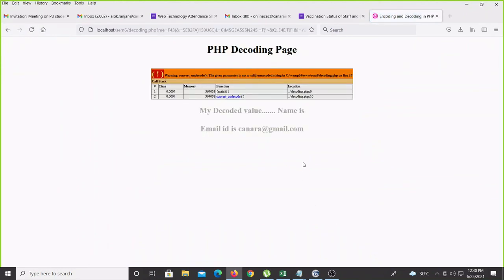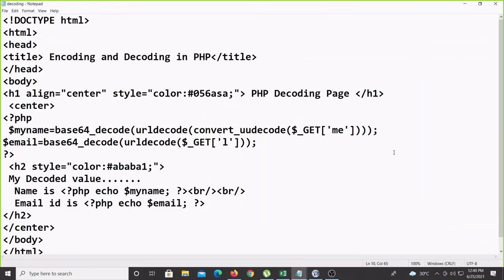Yes, some problem is coming: not a valid encoded string in the line. So what happened is that the default one is not taking the string again; it will convert only the string. So we cannot use this together. URL decode and this one you can use together, but only a normal string you can do like this. That I will also show, one minute.